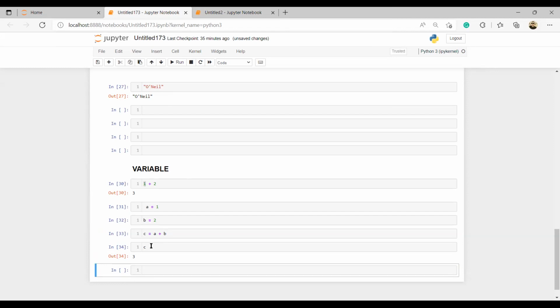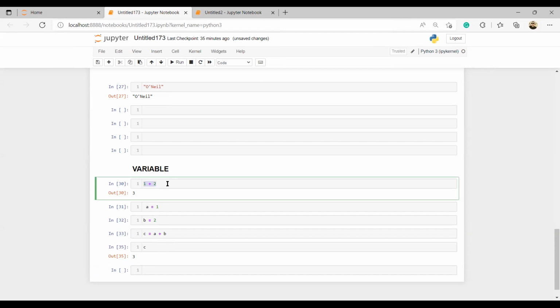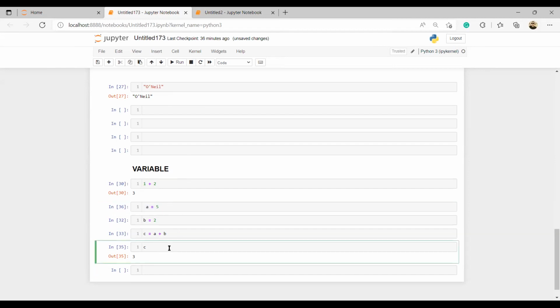Now, you have just put C and run it? I've run it now. I just put C and control it. All right. Now, why do we have to do this? Because if we have done it like this, it means I have to be typing this every time. Otherwise, I can simply change here to 5. Let's say 5. That means if I run C, what should I have? 7. I should have 7, is it not? Yes.